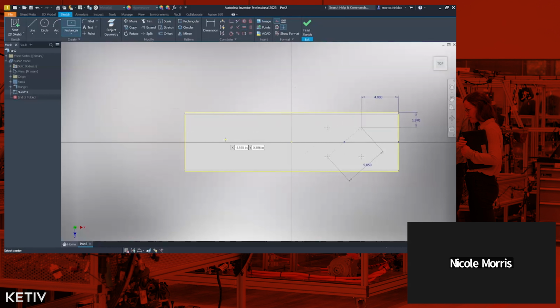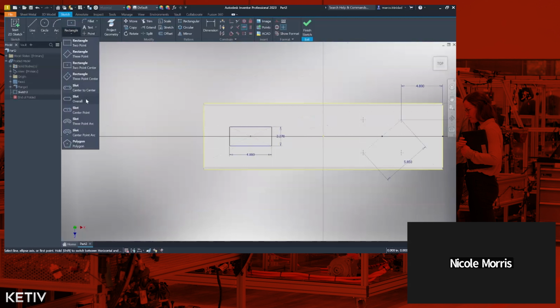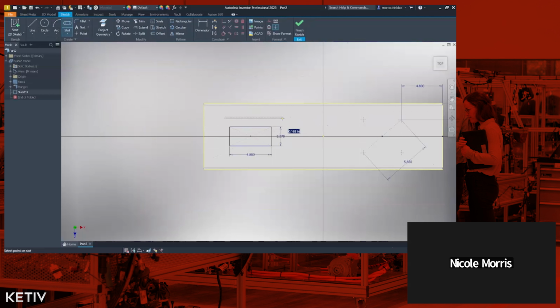Next up, I'll make my slot over here, and this one's 4.88 and 2.27. Oh, I don't want that to be construction. Let me do that one more time. Okay, and then once again I'll create a constraint so that it lines up with the center, and then I can add in my slot. Do my slot here,